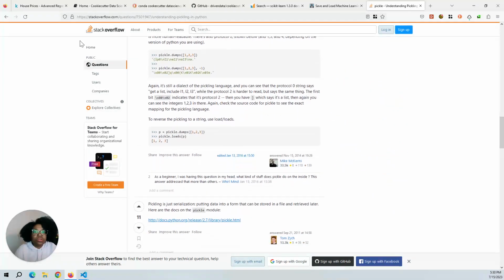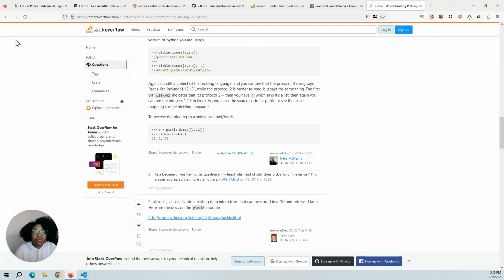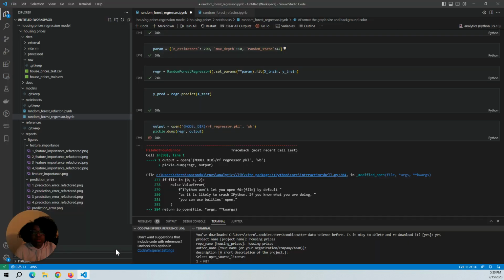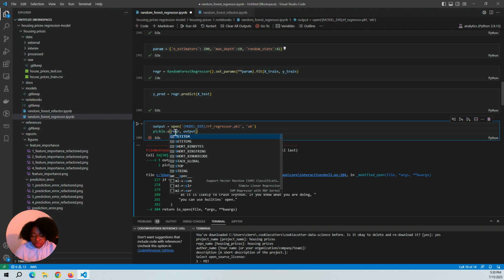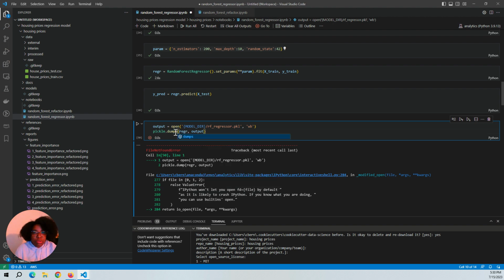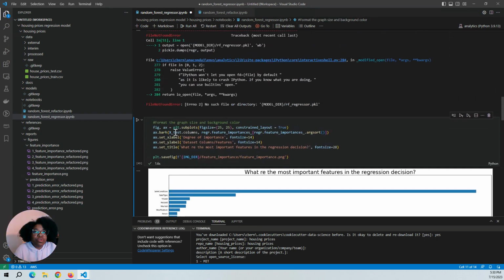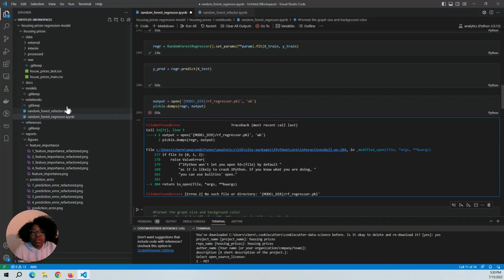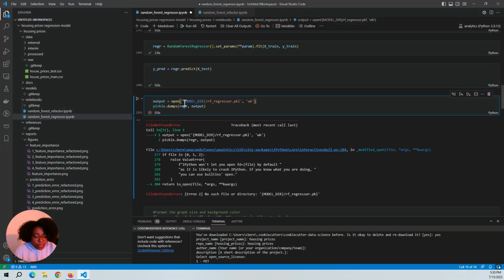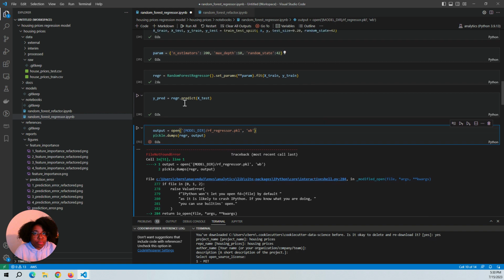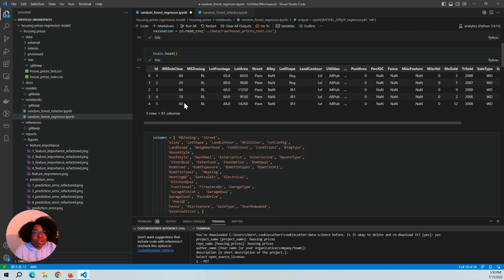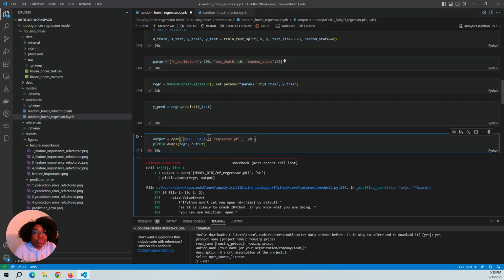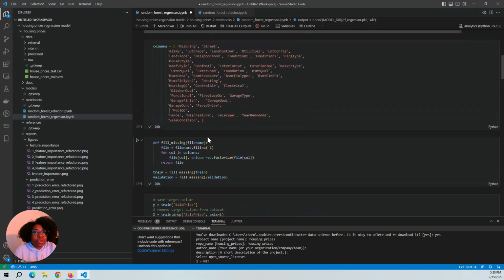I don't think pickle dumps. Oops. I shouldn't have to create a file. Oh, you know what? This dot slash. Oh, it's a double slash if I do it that way. Okay, so let me